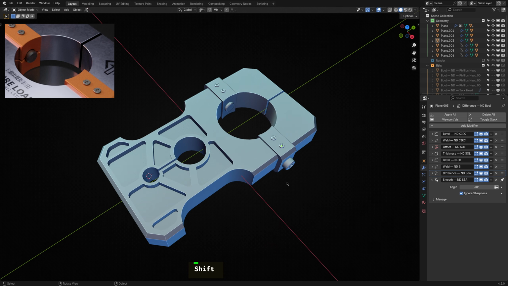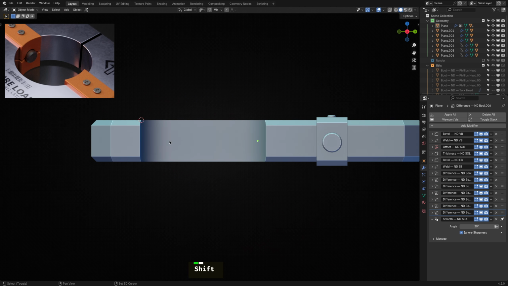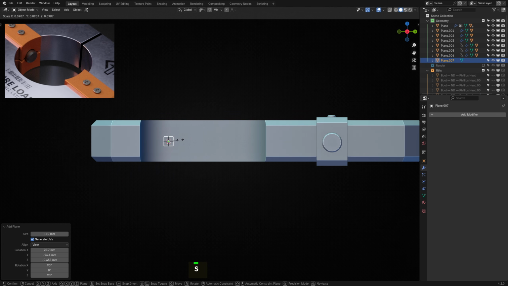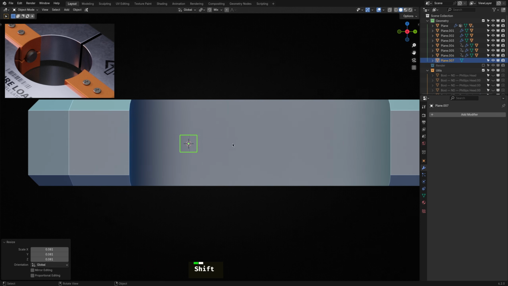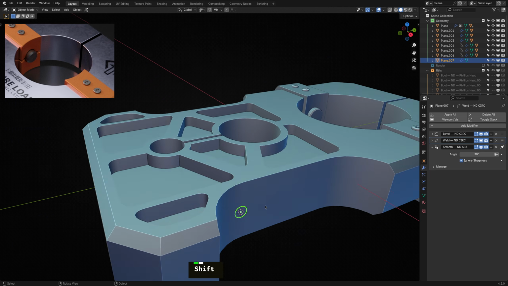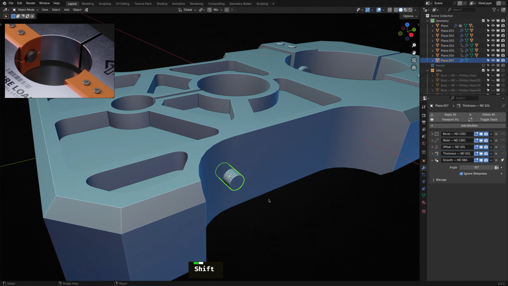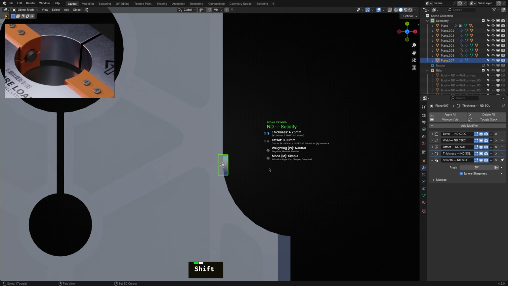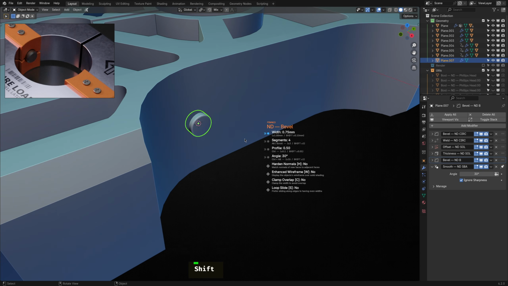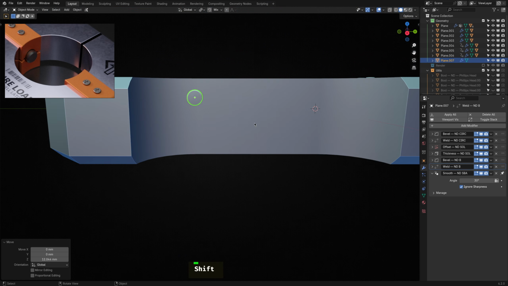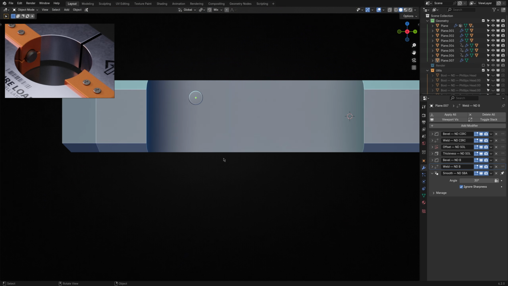Finally, let's add some grip to this thing. Once again, the process starts with a plane. We'll then circularize, solidify, and bevel it. Then, we'll rely on the trusty old array cubed operator to do the heavy lifting.